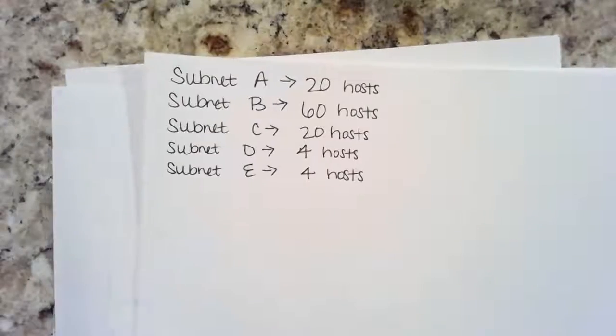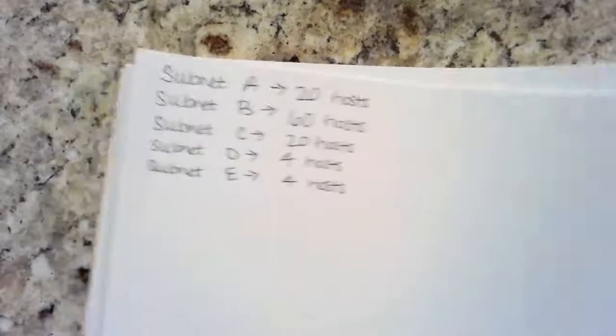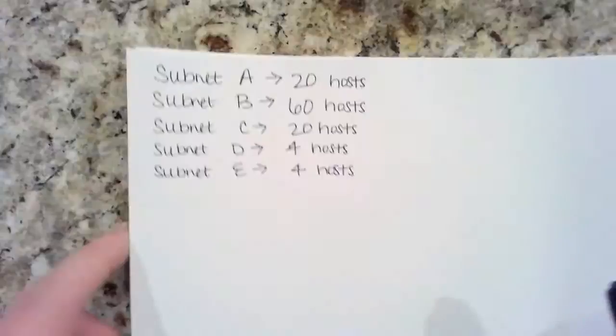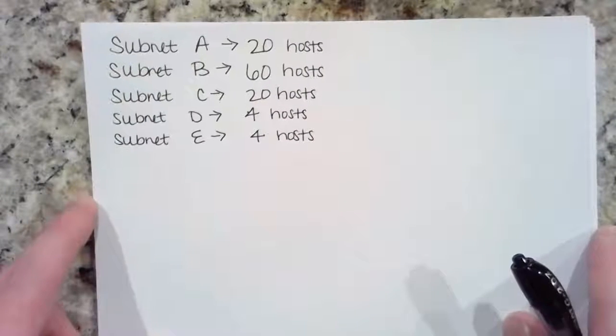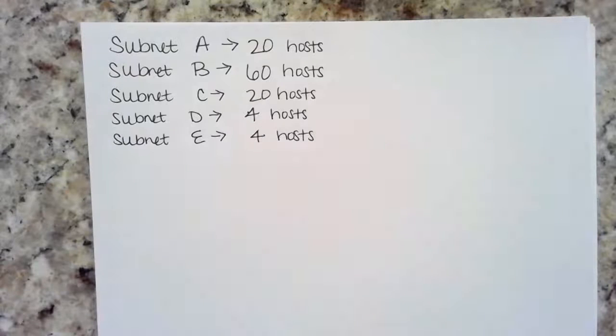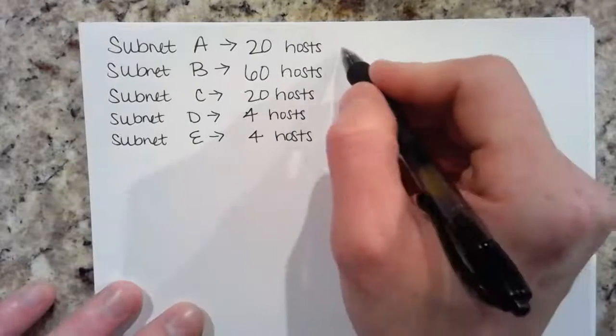Okay, so I've got each subnet written out here for you. Subnet A, it said we needed 20 hosts, subnet B 60, subnet C 20, subnet D 4, and subnet E 4. Now, I know they are lettered A through E, okay, but we cannot go off of that from first to last, okay? So forget even what our starting address needs to be first. We need to order these correctly, okay? And we need to order these from